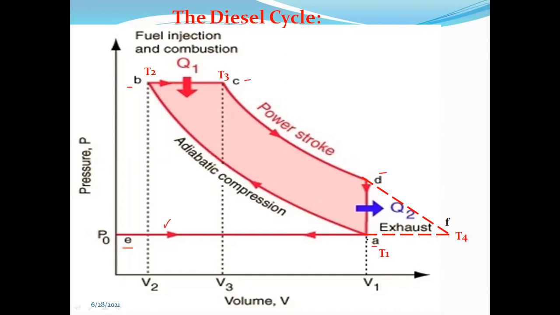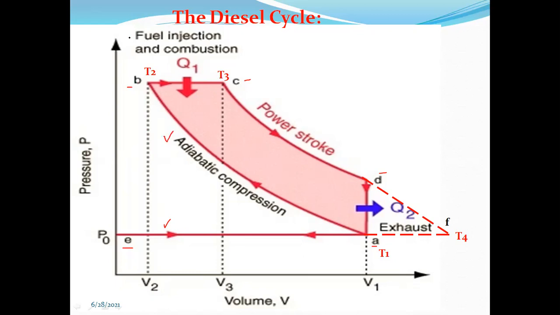So again from A to B. A to B is the adiabatic compression. And E to A is also called the suction stroke, or charging stroke or intake stroke, as discussed in the earlier engines. So E to A is the suction stroke, A to B is the adiabatic compression stroke,